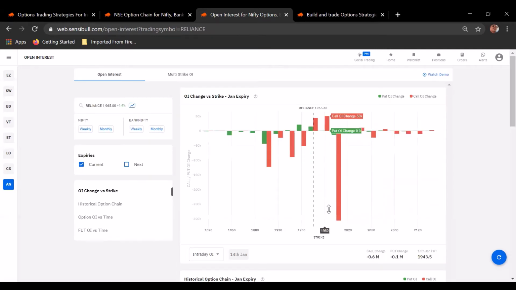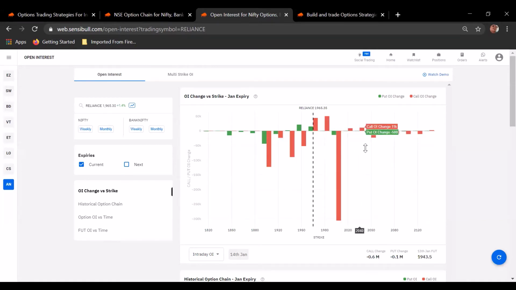Now, if you look at Reliance data, look at this. A lot of people had sold the 2000 call option before, but now because Reliance has broken up, you can see people who had sold the 1900 call option covered it. People who sold the 1940 call option covered it. People who sold the 1950 call covered it. Now, people who have sold the 2000 call option are covering it like crazy. And this tells me that most people think that Reliance is going to cross, and that's why they're working